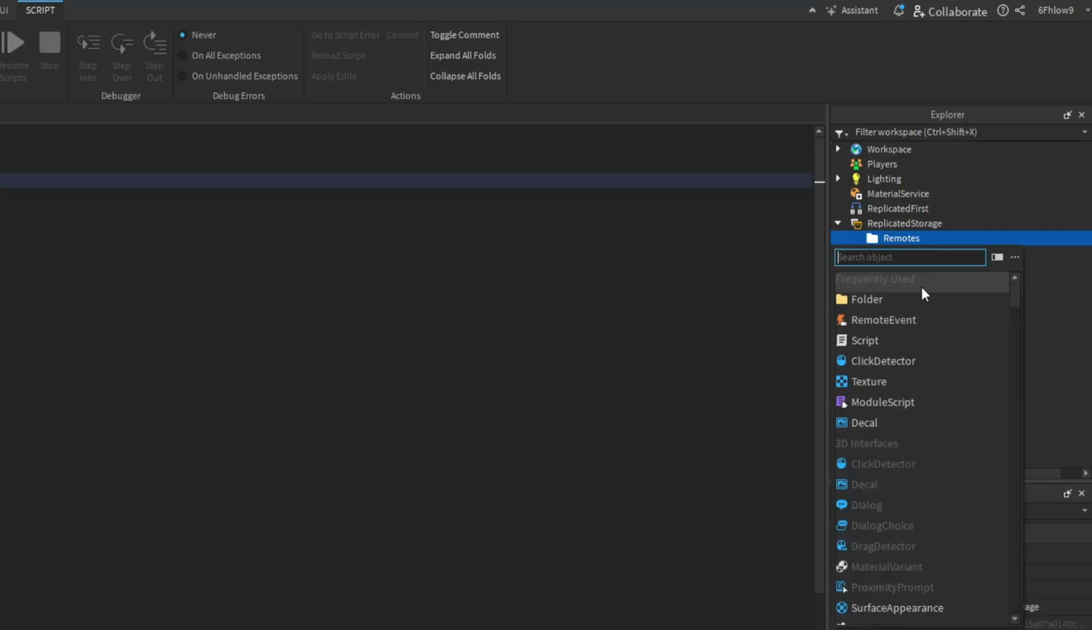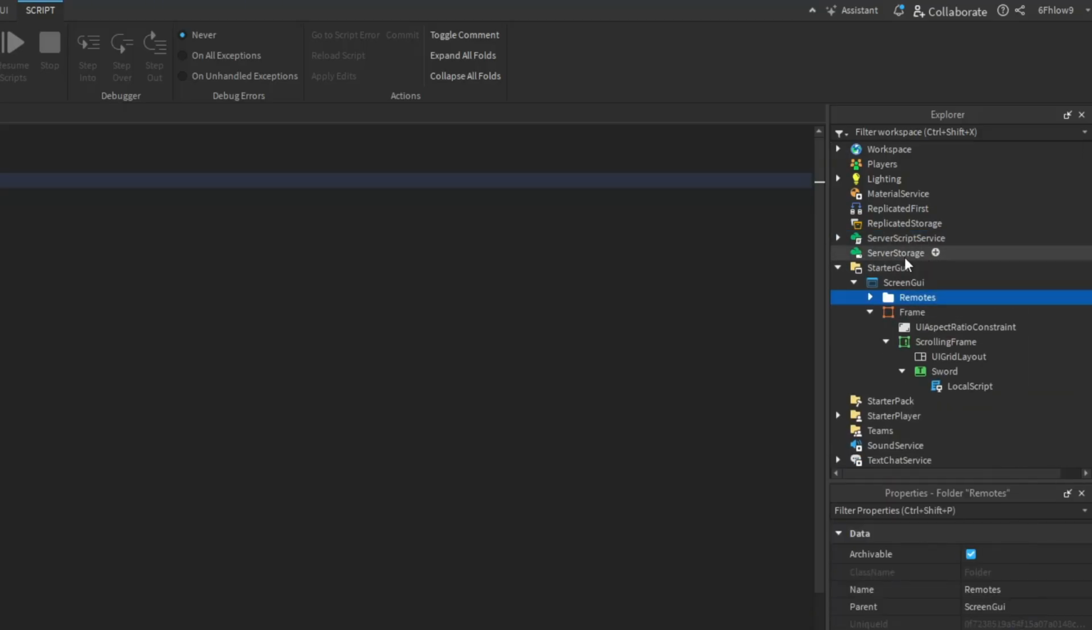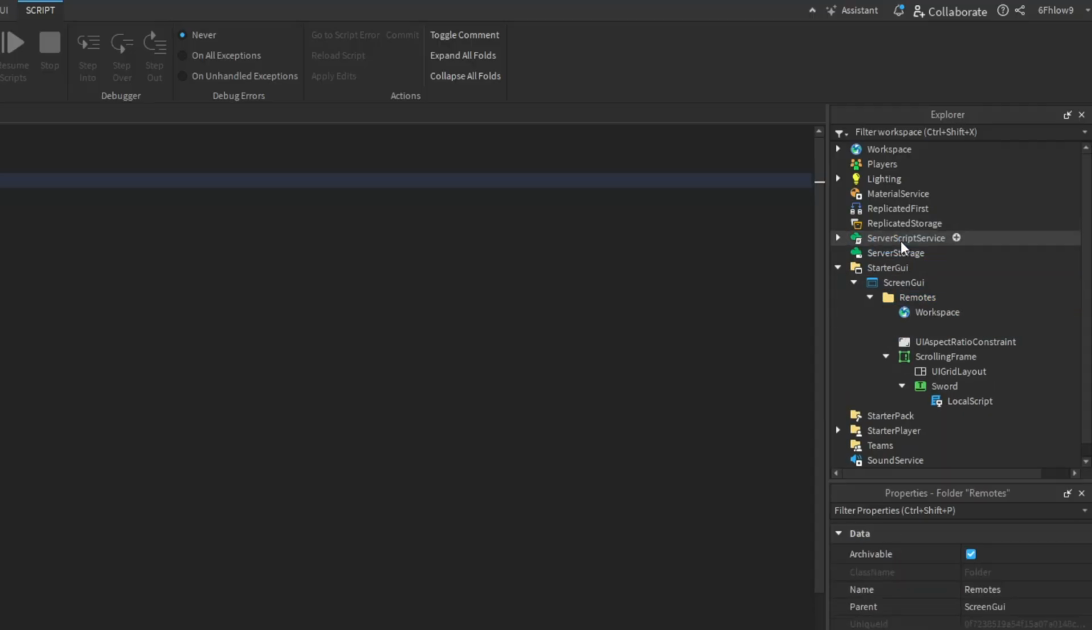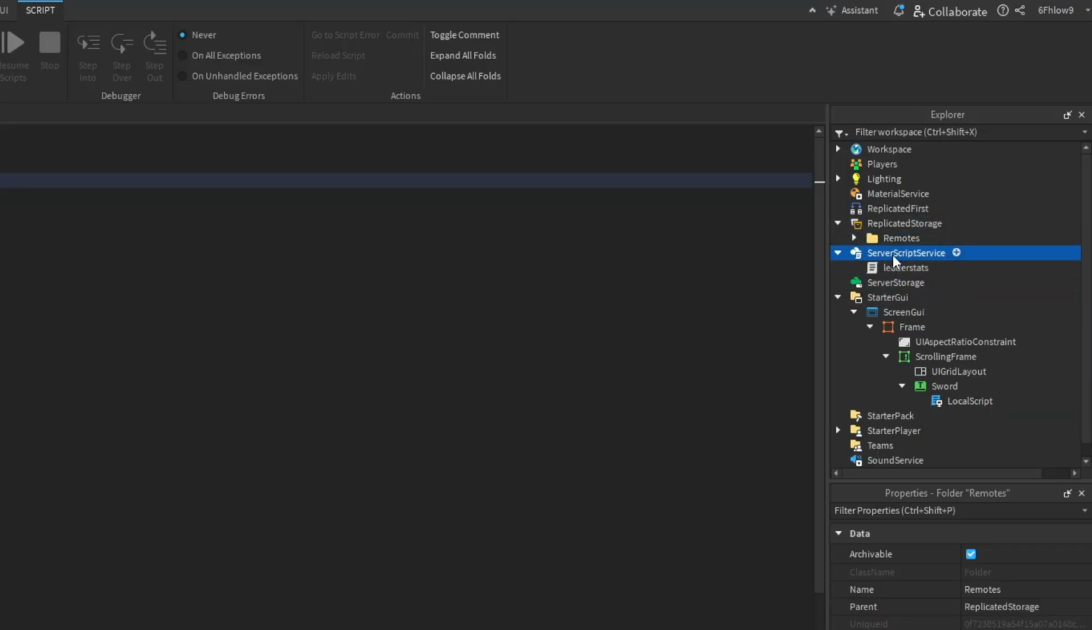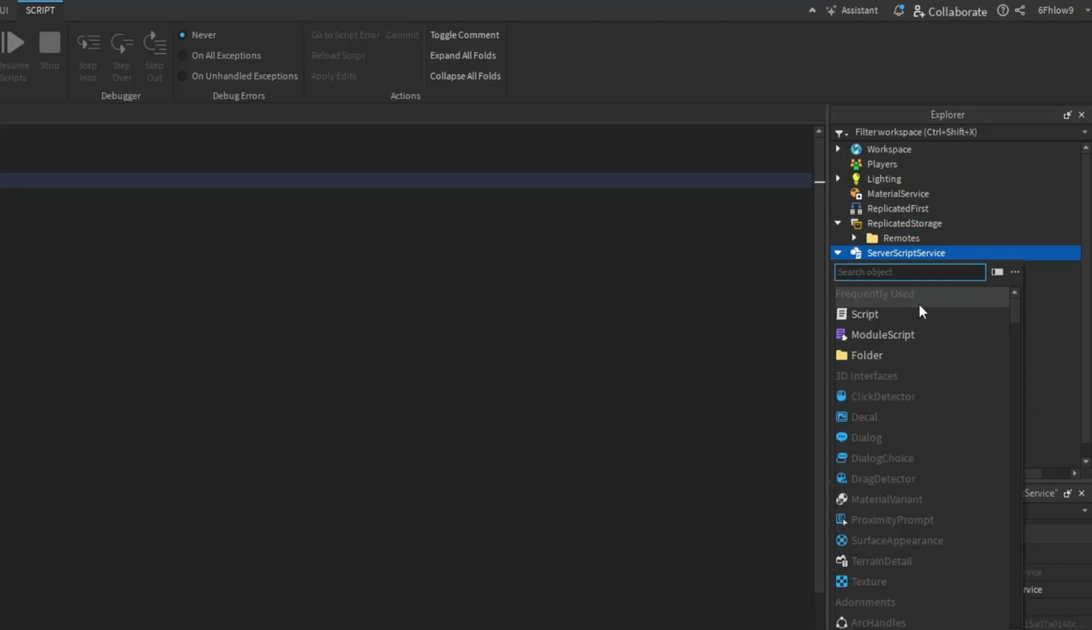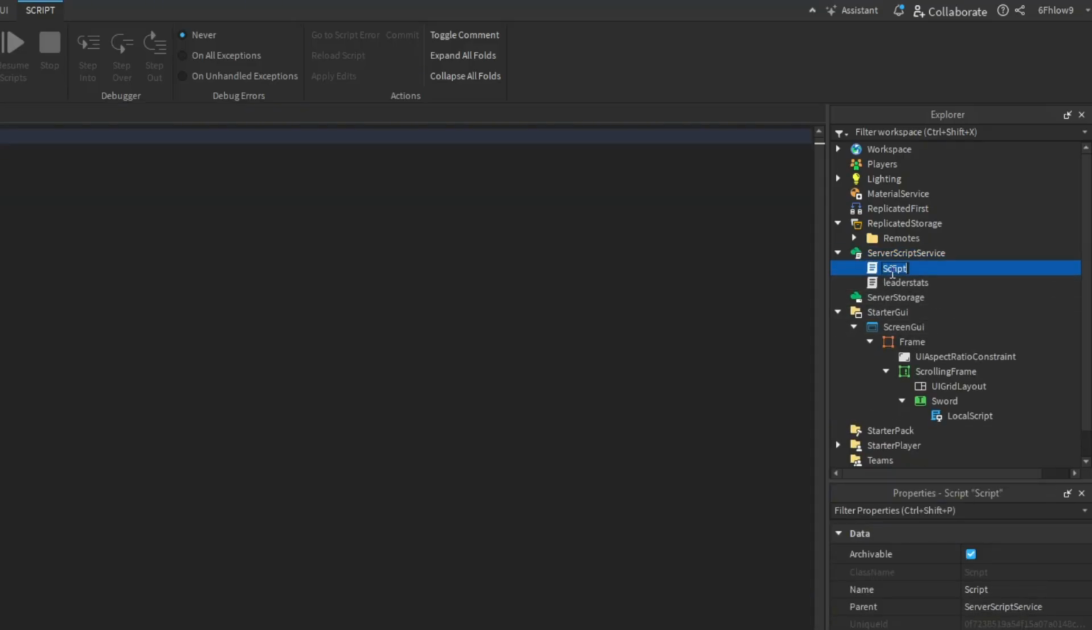And inside of remotes we want to add a remote event. Why is it here? Okay, I guess I somehow dragged it here. We're gonna call it buy event. So now we have a buy event. Now we want to go create, no, this is in script service. Okay, replicated storage. We want to create another script, and this script is gonna be